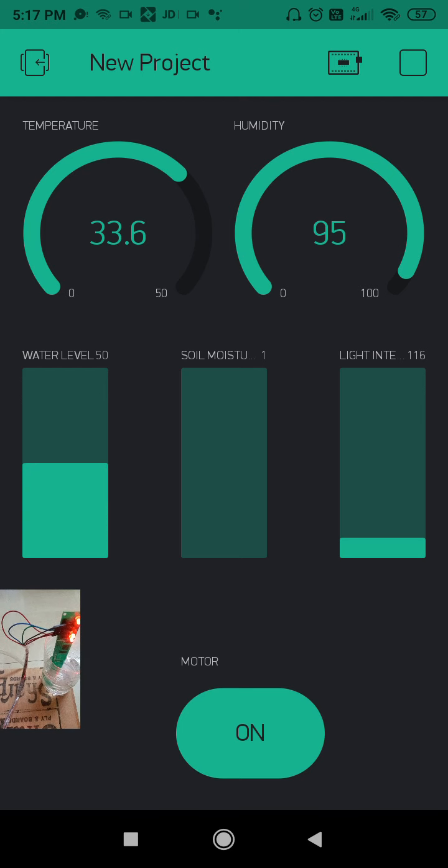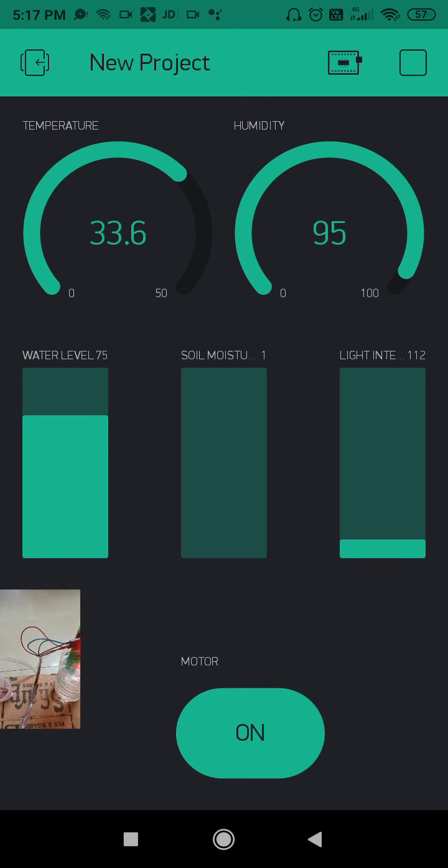Then what is it showing? The water level is 50%. That means the water level reached 50% of its level. Again when I am adding more water, it is showing the water level is 75%.